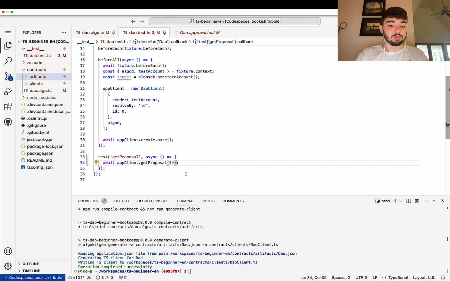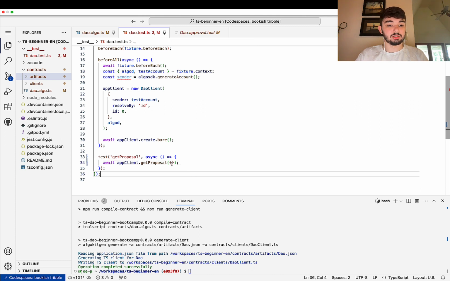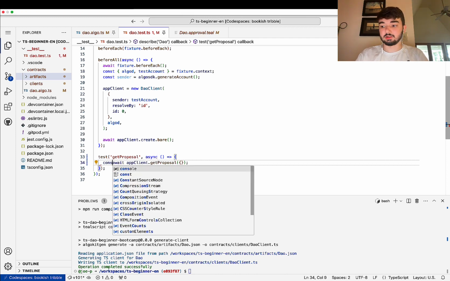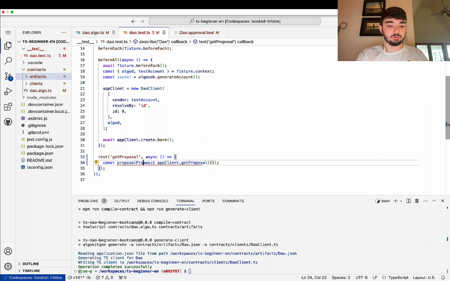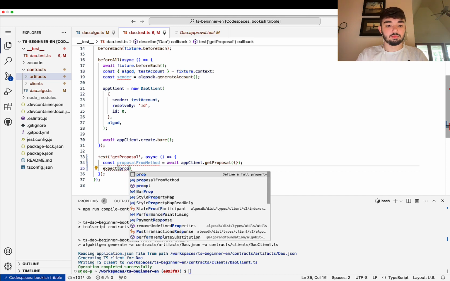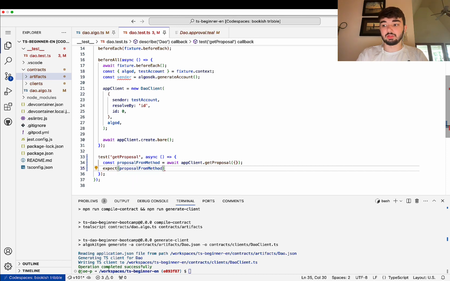and all of our function calls take an object. In our case, we don't have any arguments, so our object's just going to be empty. And what I'm going to do is save this as const proposalFromMethod. Right? So we have this object, and what we need to do is write a test. Say we're going to expect proposalFromMethod,